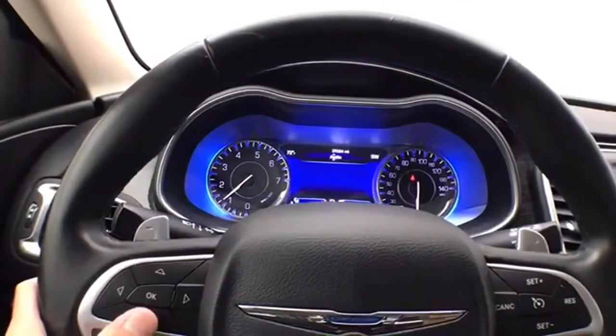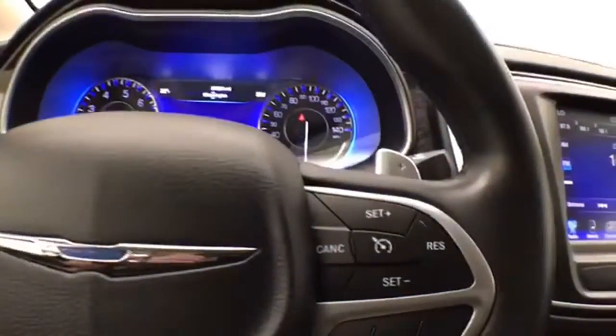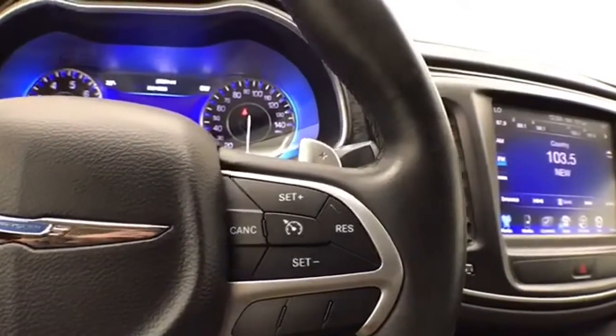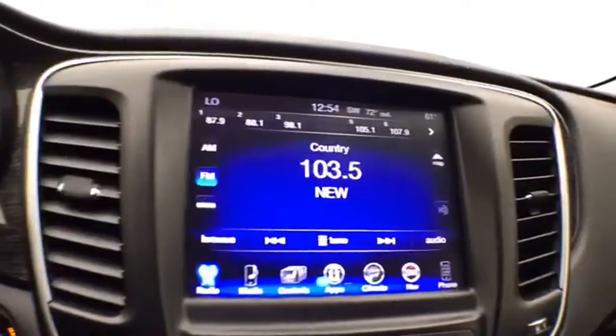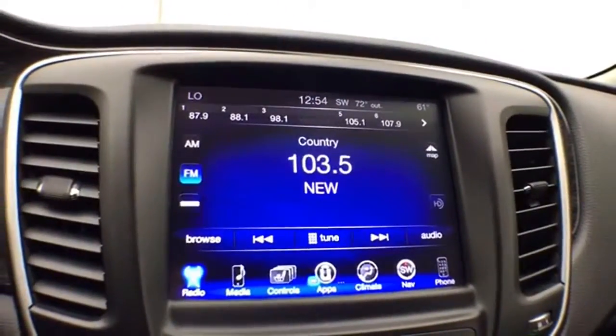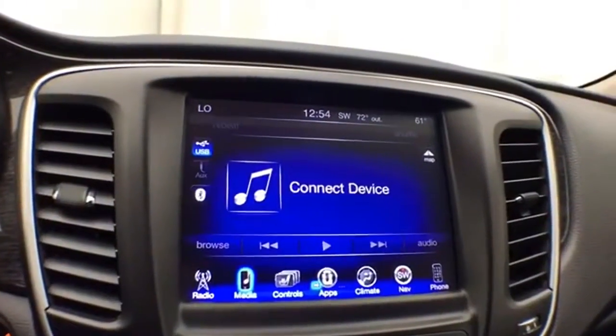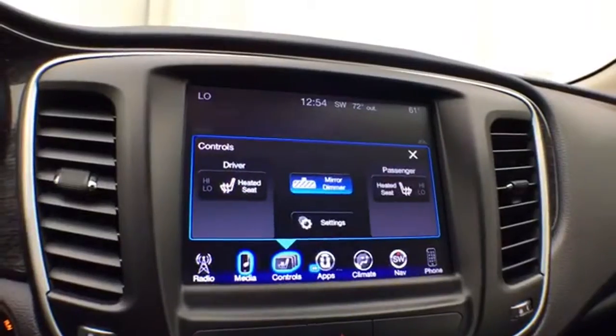controlled by buttons on the steering wheel, cruise control, paddle shifters for when the automatic transmission is put in sport mode, large 8.4-inch touchscreen infotainment system for radio. It's also satellite radio capable. You can connect various media devices, heated front seats,